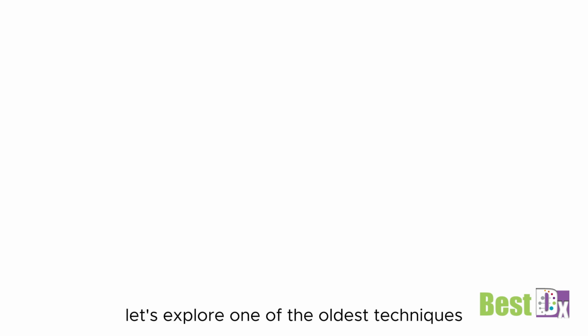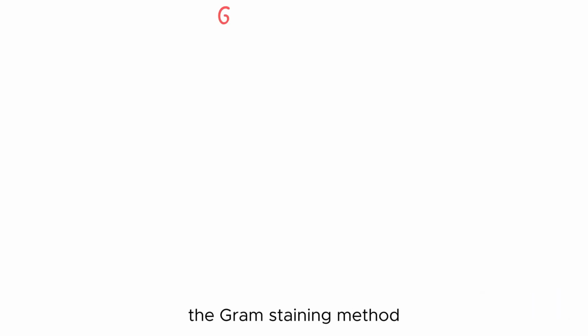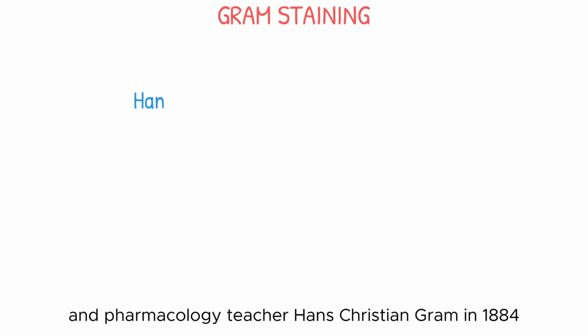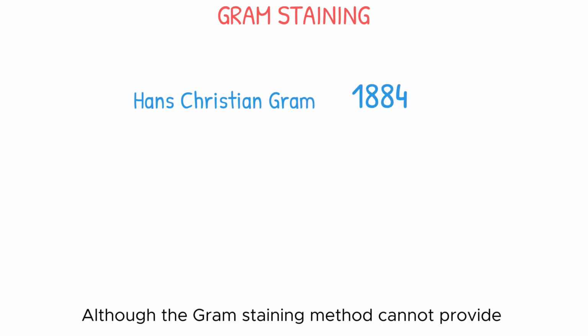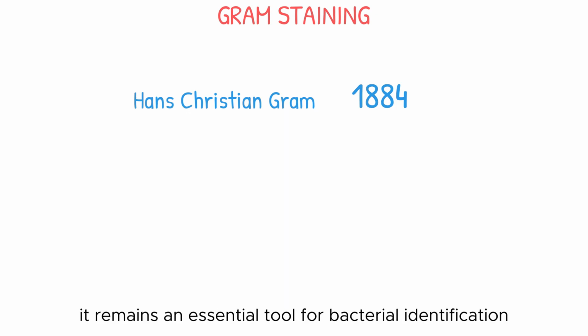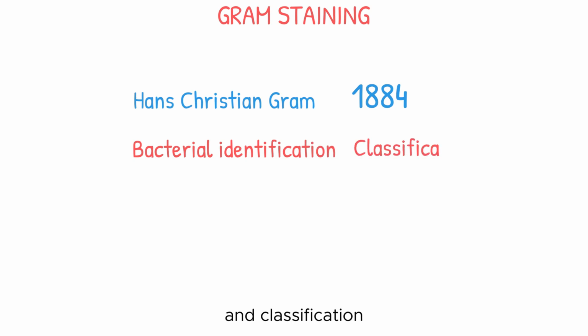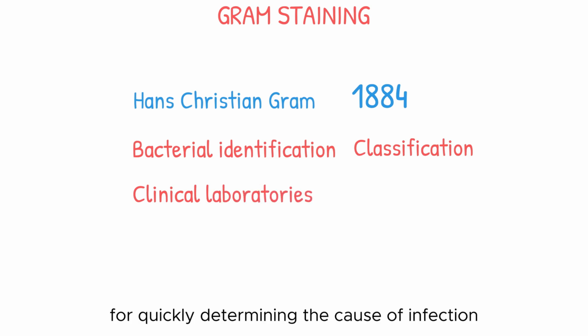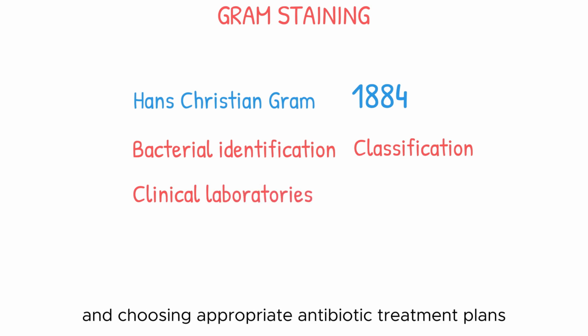Today, let's explore one of the oldest techniques, the gram staining method, invented and named by Danish botanist and pharmacology teacher Hans Christian Gram in 1884. Although the gram staining method cannot provide detailed information about bacteria, it remains an essential tool for bacterial identification and classification. It is particularly valuable in clinical laboratories for quickly determining the cause of infection and in choosing appropriate antibiotic